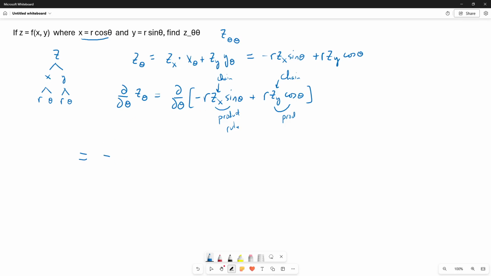So we have negative r, and then times, that's a constant with respect to theta, and now we have to do, we'll do the first, z sub x, times the derivative of the second, sine theta, plus the second, sine theta, times, and now we need the derivative with respect to theta of z sub x. And we'll calculate that in a moment. And then we have to do the same thing here. So it's going to be r times,